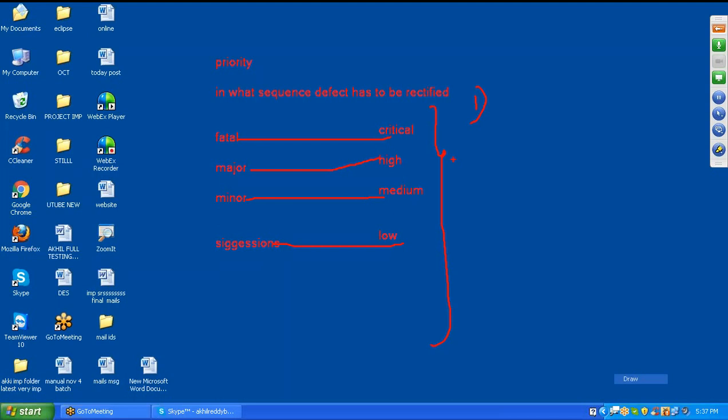We concentrate more on look and feel: how she is talking, how she is walking, how she is behaving. We will concentrate on that area only. So here also he will concentrate only on look and feel.